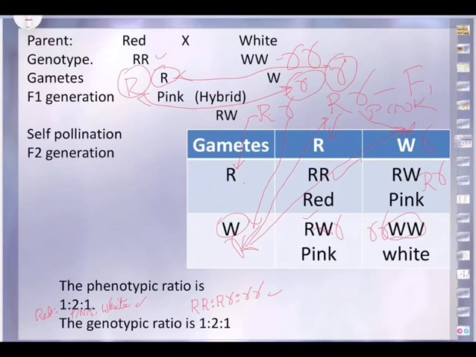So this is how in incomplete dominance there is a deviation from Mendelian inheritance. It is the phenomenon where a dominant allele does not completely express itself, as you are seeing. This was first studied in Mirabilis jalapa or 4 o'clock plant. The phenotypic as well as genotypic monohybrid ratio in F2 generation is 1:2:1. This ratio you must remember, in many exams like UPSC, NDA, NEET, they will ask you the ratio, and they will ask in which one the phenotypic and genotypic ratio will be the same: Mendelian inheritance, intragenic interaction.